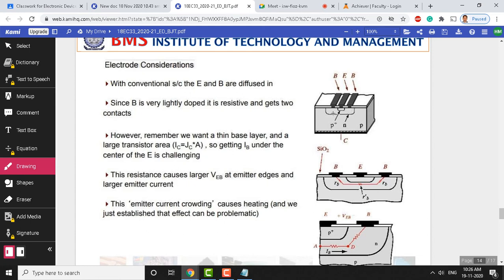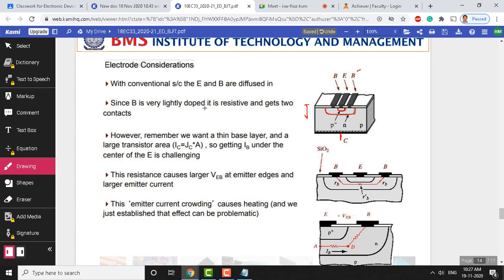You can see here this is an N region. So this is the base region, this is the base, and here you can see the small emitter, and here we have a base electrode. You can see this is a base electrode, and this is another base electrode here. In between these two base electrodes there is an emitter electrode, and the current flows from top to bottom. Here there is a collector electrode at the bottom. So current flows from top to bottom through the base region. The emitter injects the charge carriers, and via this base the current has to flow to the collector.